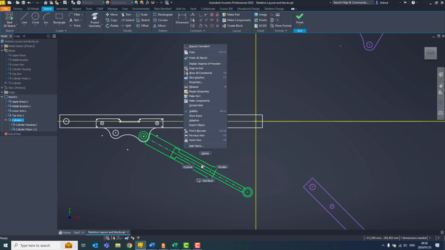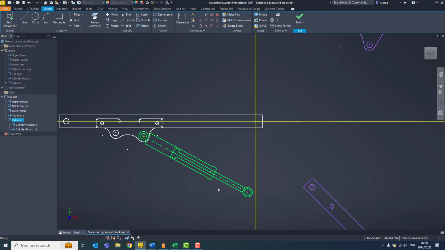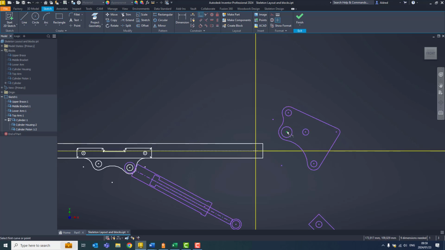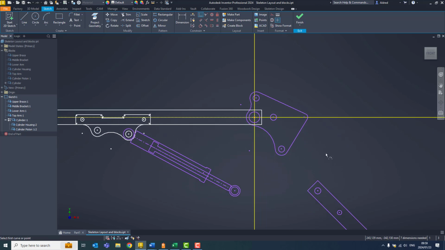So if I select my sub-assembly, as it were, or nested block, right-click, and you'll see I've got flexible over there. So now if I grab this component, you'll see there, I'm now able to move it in and out and make that component flexible. Okay, so I'm going to drag this part down here, and then just go and constrain the rest of it. So from that point to that point, and then